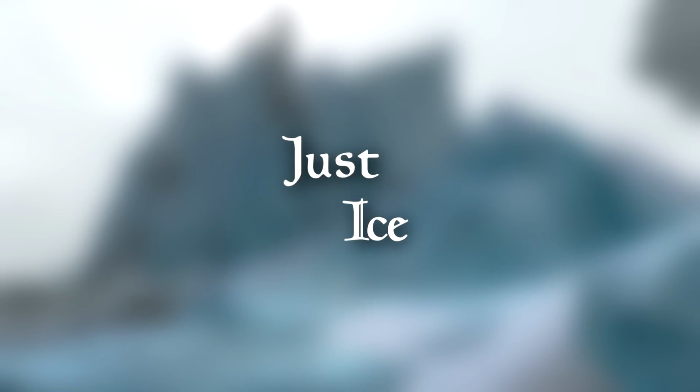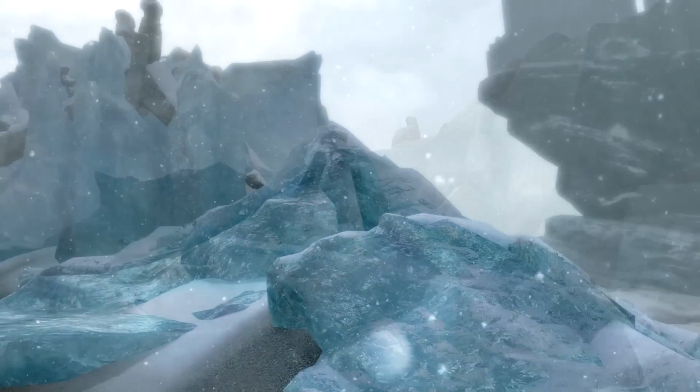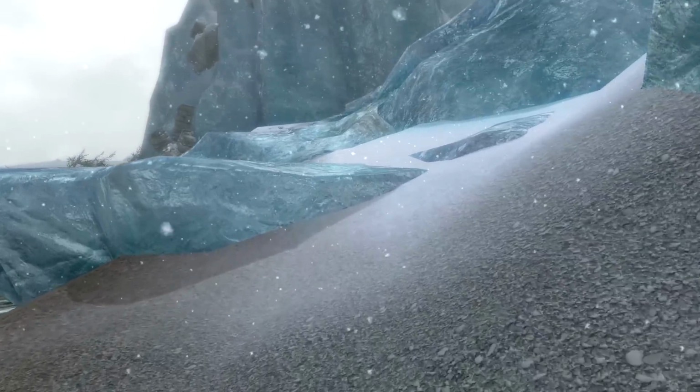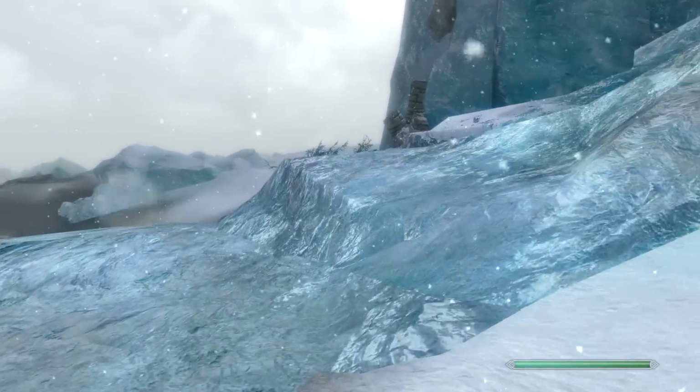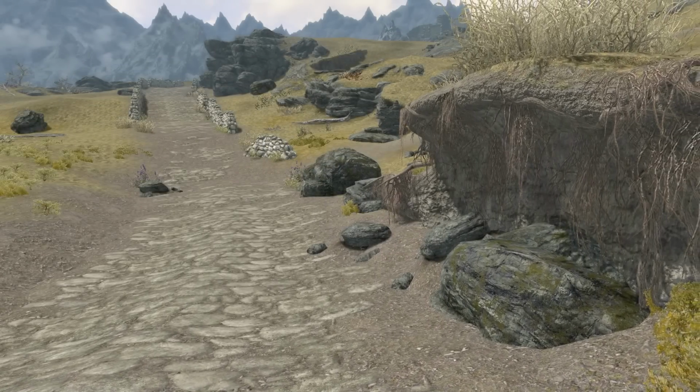So up next we have Just Ice. Now this mod started off as a Water optional, and I was unaware of its existence. And since I've installed it, I've actually really liked it. It adds a sort of fantasy-like texture to the ice and the glaciers, and it really does go well with Better Dynamic Snow. And that leads on to our next mod, Moss Rocks, which quite simply adds moss to certain